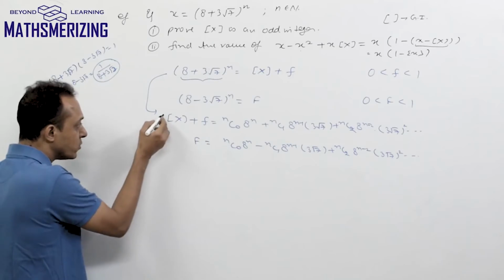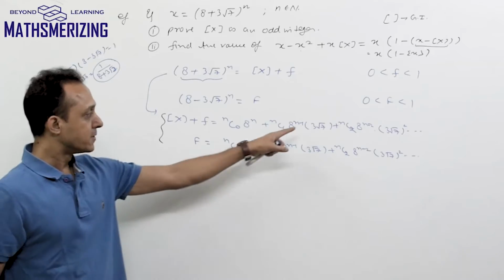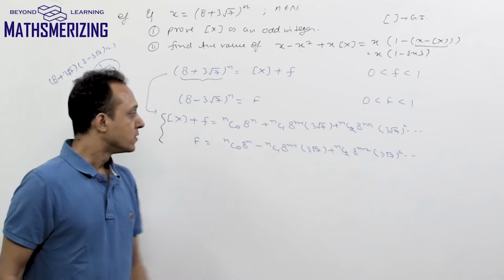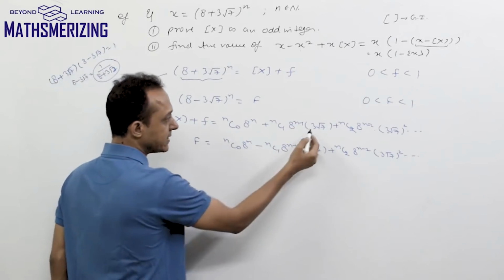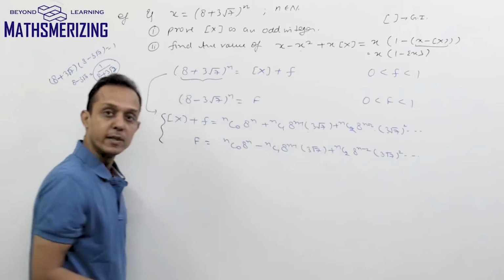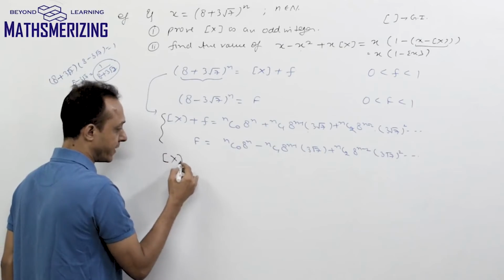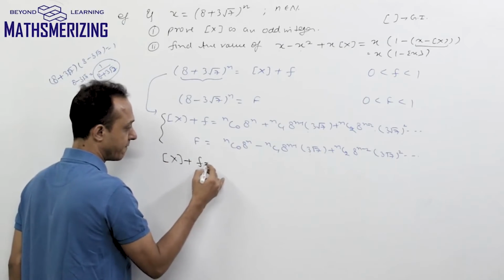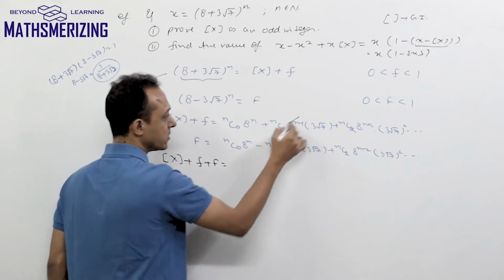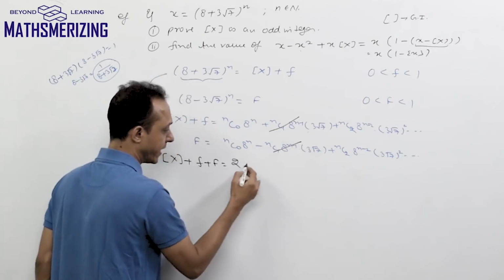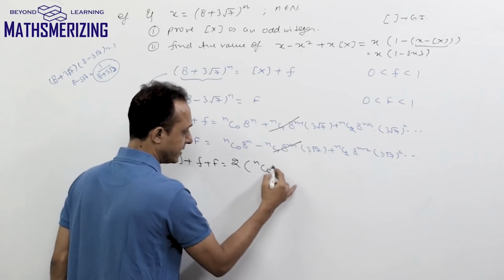Now from these two series I need to cancel out the terms having under root sign. So in this case, if I add the two series, then these terms containing square root will get cancelled. So I'll add them up. I'll write greater function of x plus small f plus capital F. So here this term will cancel, and I'll get 2 times nC0 a to the power n,